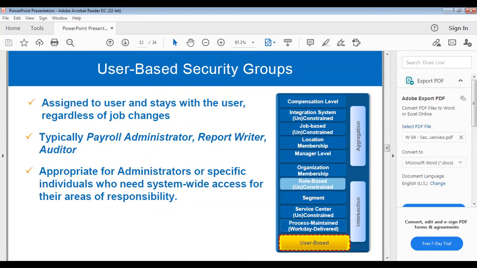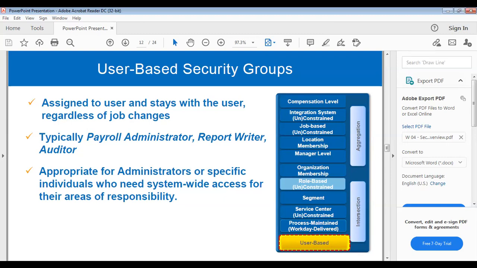If a person is moved to another profile, we have to revoke the access. Otherwise, they will act like a super user. So user-based security groups are very important. They are linked to a particular user, and we have to revoke them.